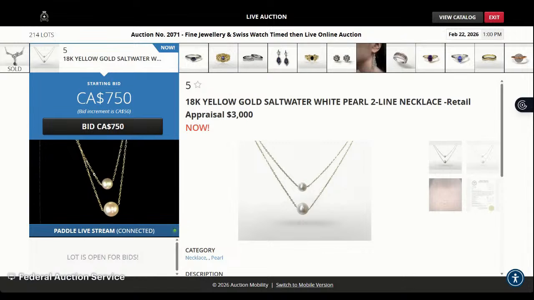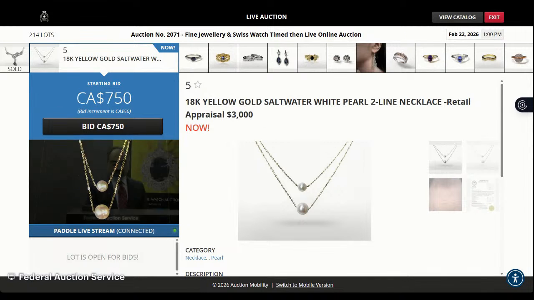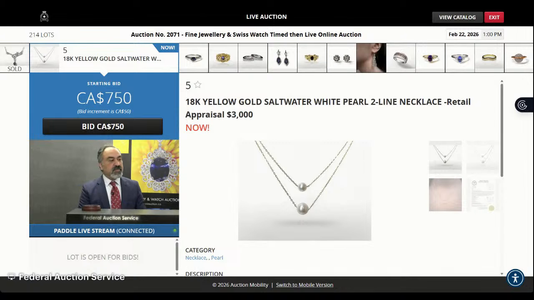And this is a great example with 18 karat yellow gold chain running right through the pearls, looks like, or somehow it's been secured. I don't know if it's mobile or not, but it looks quite nice the way it's built. Okay, we're going to start the bidding on this necklace here at